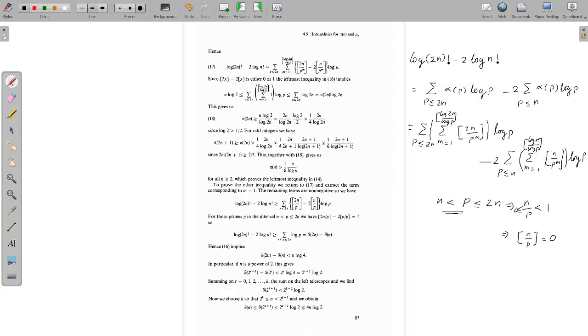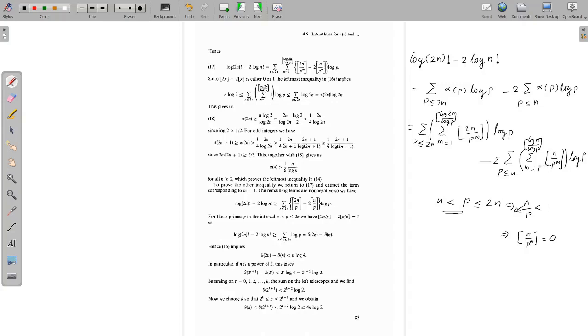Okay, if n is less than p, then clearly n is less than p square, p cube, etc. So n by p raised to 1, n by p raised to 2, n by p raised to 3 are all 0 from this point onwards, for all the primes which are greater than this. Then you can write that the integral part of n by p raised to m is always 0 for all p with this property. Clear? So I can write this sum as sigma p less than or equal to n, or if we collect all the p which is greater than this n, still you have this term as 0.